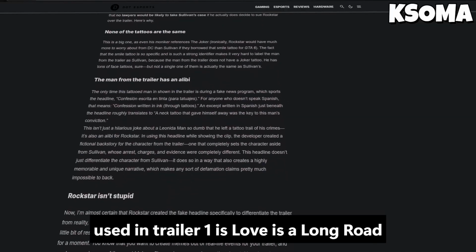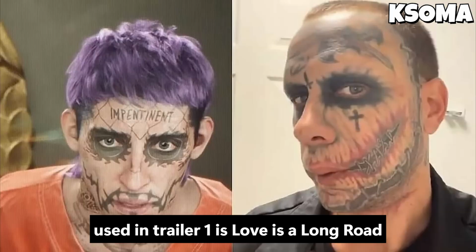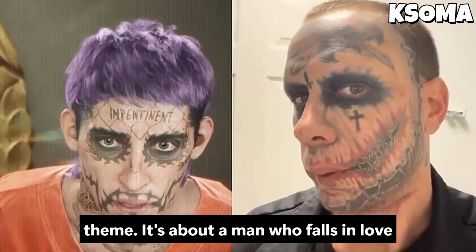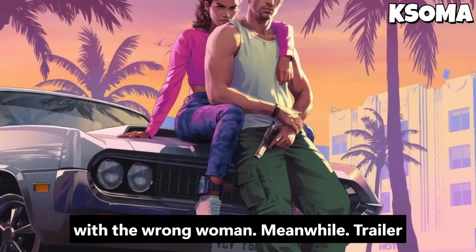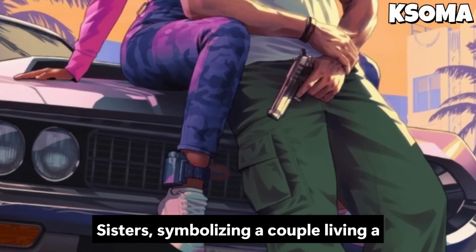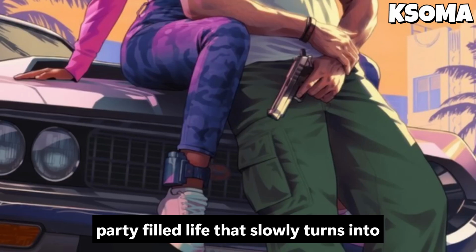The song used in Trailer 1 is Love Is a Long Road by Tom Petty, which perfectly fits the theme. It's about a man who falls in love with the wrong woman. Meanwhile, Trailer 2 features Hot Together by The Pointer Sisters, symbolizing a couple living a party-filled life that slowly turns